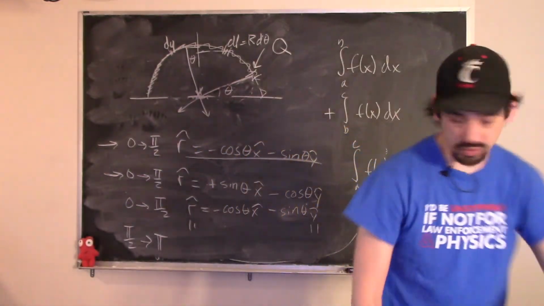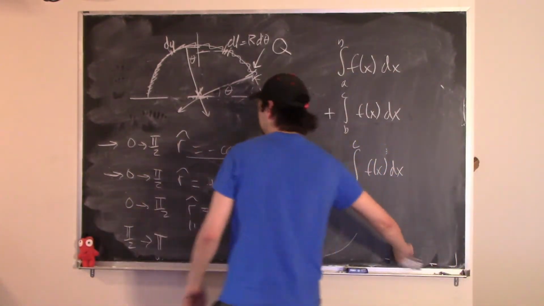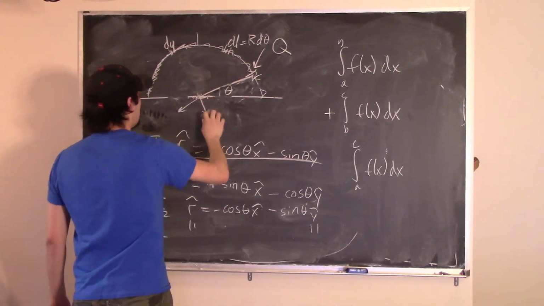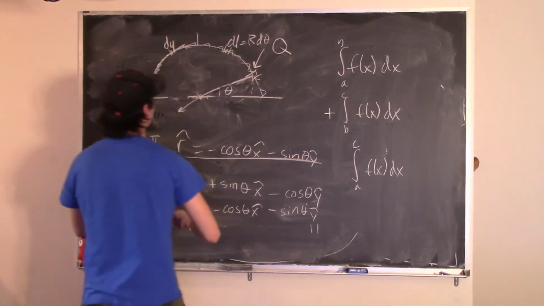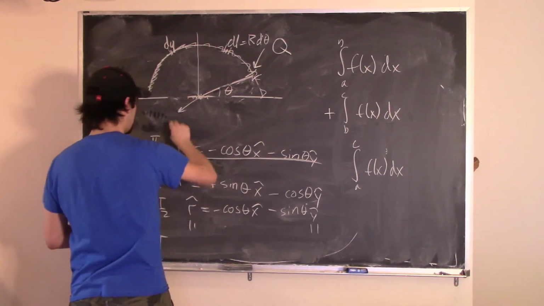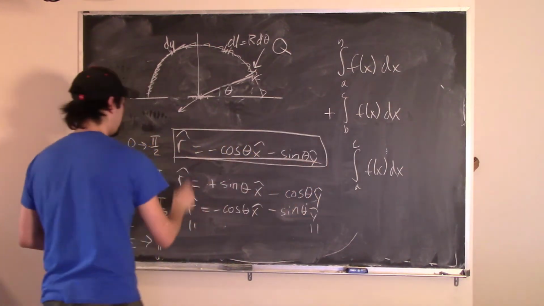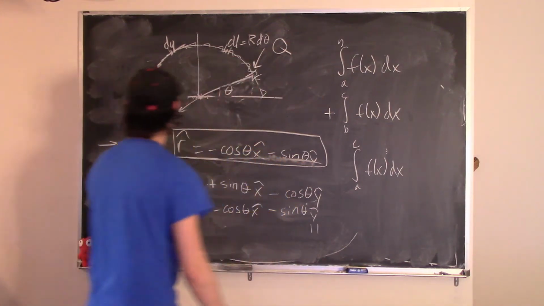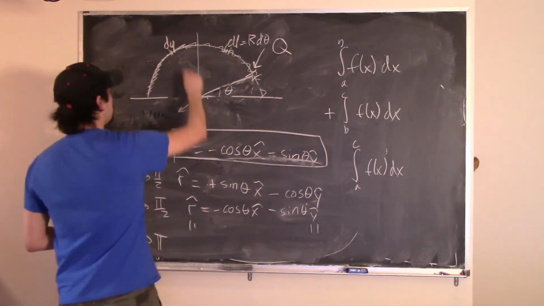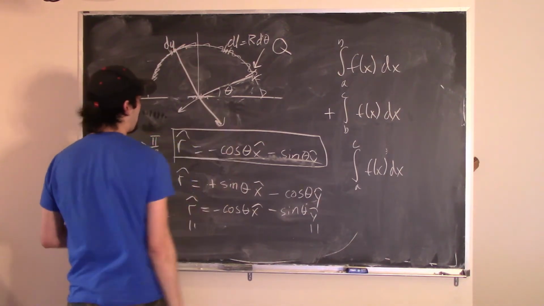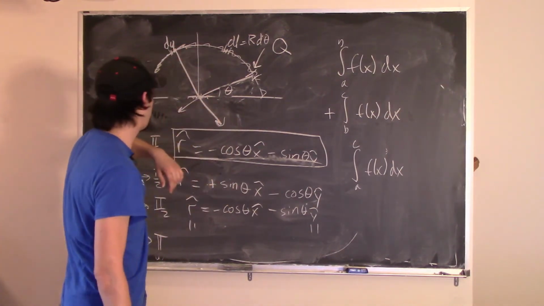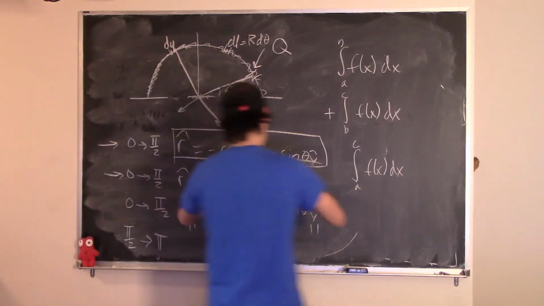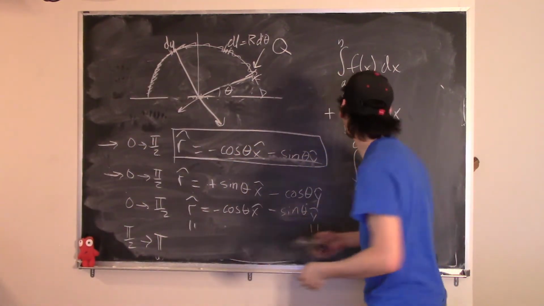What you're realizing here is that, with the way I drew this to start with, and when I write r hat equal to minus cosine of theta x hat minus sine of theta y hat, this r hat is going to change so that it points in the positive x direction when theta is greater than pi over 2. But we can see that this function actually does what we want